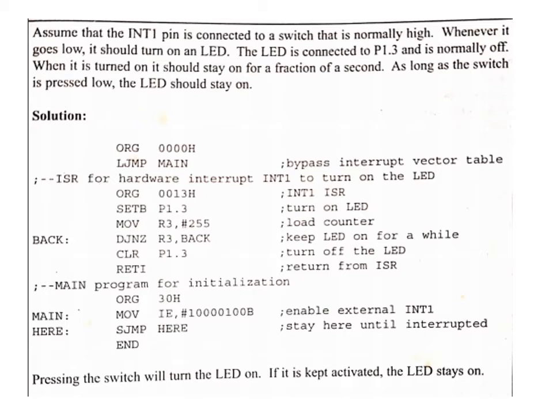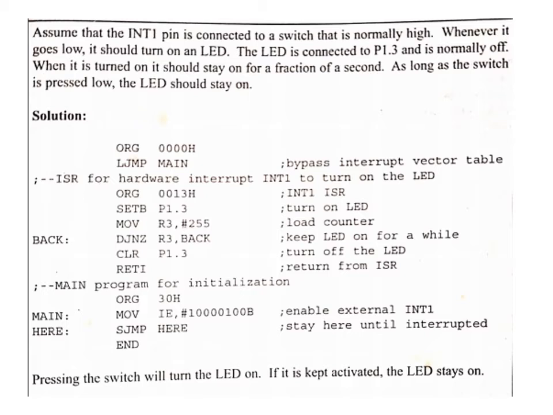Now the LED has to turn off. So the clear instruction will be sent: clear port 1 pin 3, that means a logic 0 signal will be sent through port 1 pin 3. Okay, then in order to return from the interrupt subroutine to the main program, the RETI instruction is written. Whenever RETI is executed, the microcontroller will fetch the return address from the stack, and the control will be passed on to the main program. Okay, so here the execution of the main program will be continued.